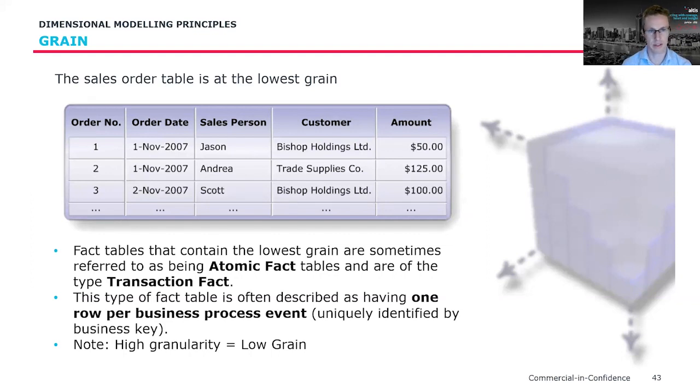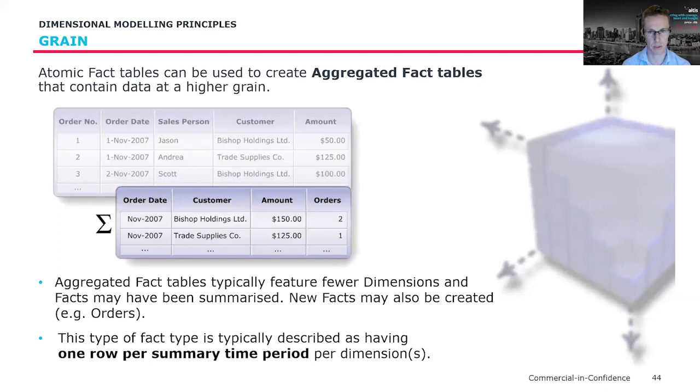So coming back to our sales order operational source system table, as we already touched on in a previous slide, this is a transactional piece of data that is pretty much at the lowest grain. And when we have data that's at the lowest grain, that's often referred to as an atomic fact. And these are typically what we would suggest when you're doing your dimensional modeling. Try and bring in data at the atomic level as much as possible. The reason for that is that you can then aggregate off that. You can build aggregated dimensional models or aggregated fact tables off your fact table that's containing data at the atomic grain.